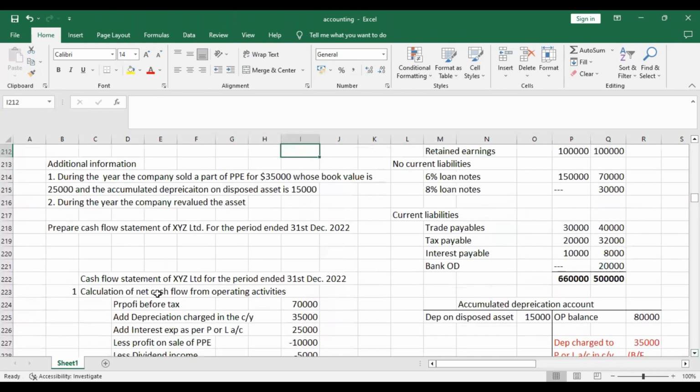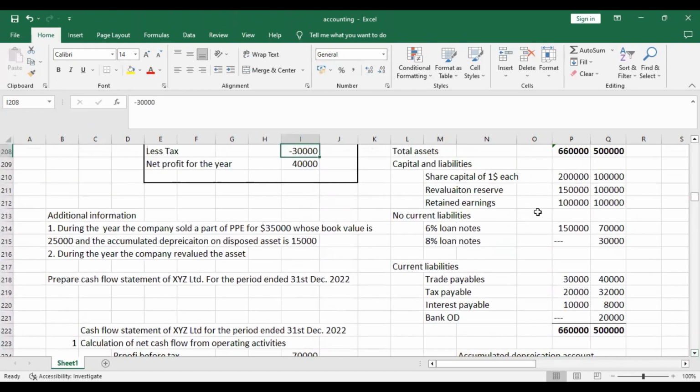Then look into the next item. One by one you have to look into each item. So share capital increase already taken, revaluation surplus already taken, retained earnings. This also you need to look into. That you can find out when we prepare the calculation of dividend paid, equity dividend paid. Now look into the